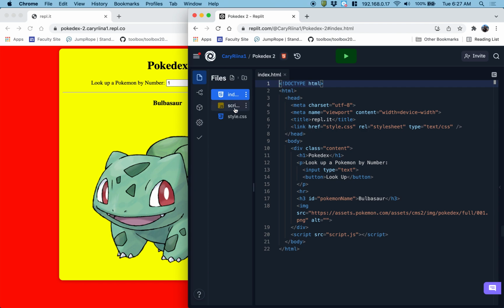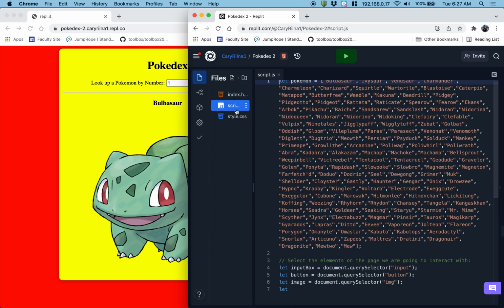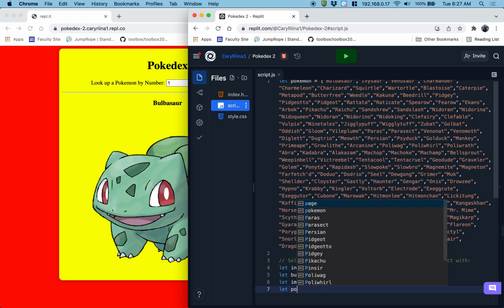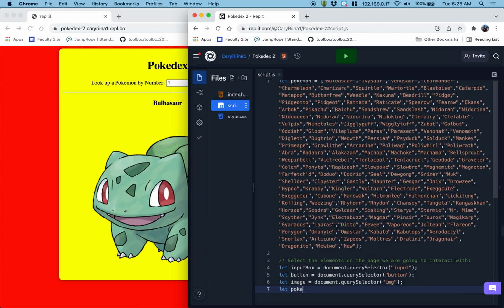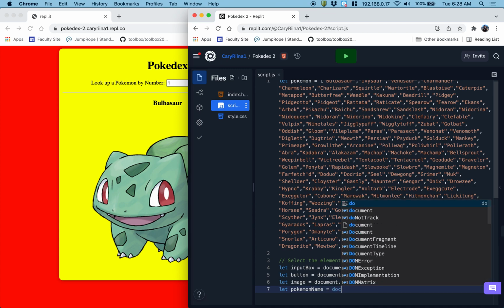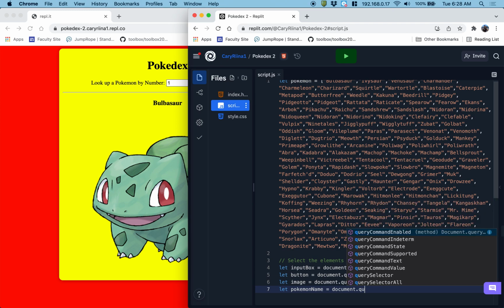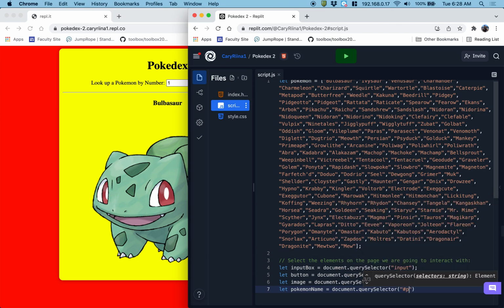Okay, Pokemon name. Cool. So let Pokemon name equal document dot query selector. And this one we're actually going to use the hashtag because it is using the ID